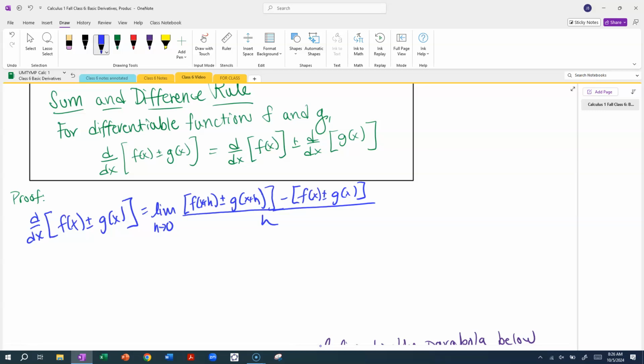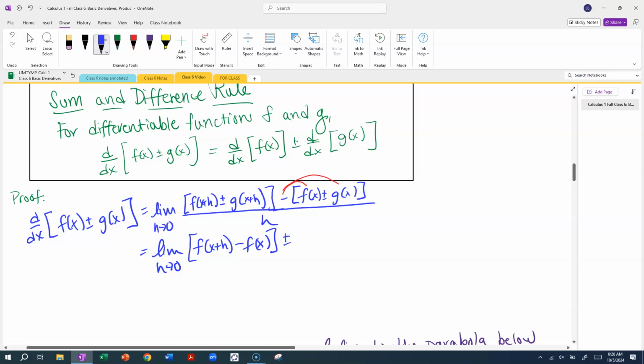Okay, so now I'm going to play with this a little bit. I'm going to distribute the minus to f(x) and g(x) and rearrange. So the limit as h approaches 0, I'd have f(x+h), and then I could move that f(x) next to it. That would be one piece, and then there is a plus or minus in front of the g(x), which I could factor out, and then I'd have g(x+h). You can probably see where this is going, minus the g(x)